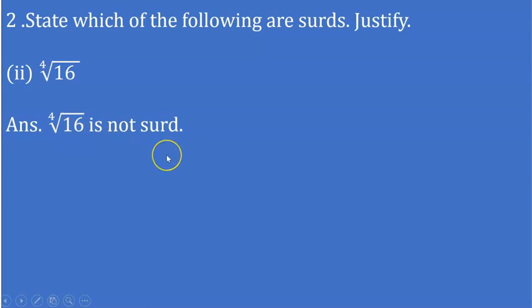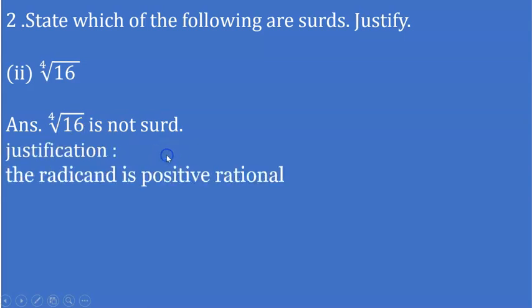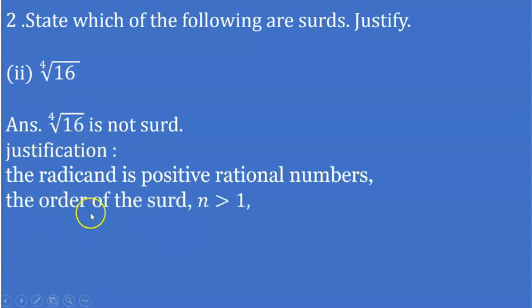Fourth root of 16 is not a surd. Justification: the radicand is a positive rational number. Here, 16 is a positive rational. The order of the surd, n, is greater than 1, but